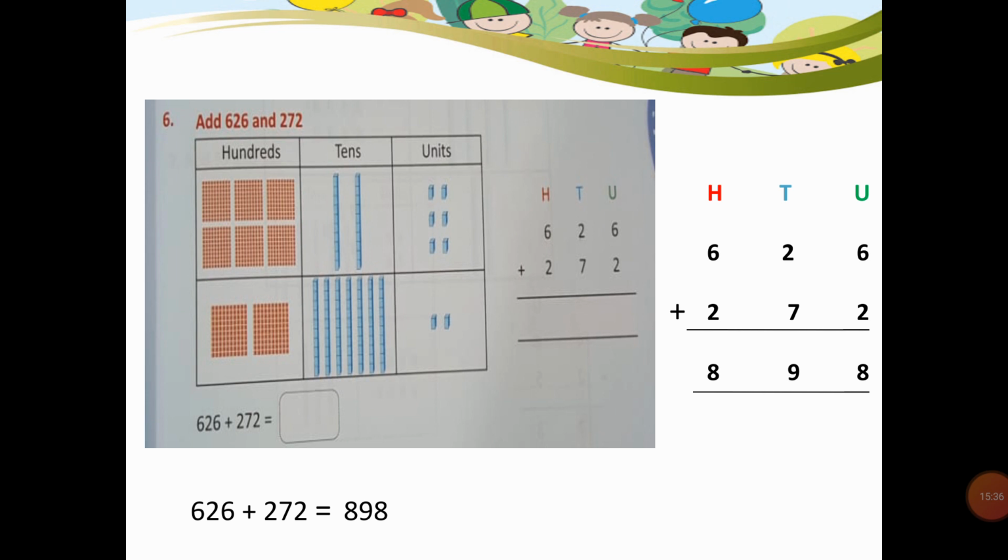So students, what you all have to do is solve these 6 questions in your book. These are given on your book pages 33, 34 and 35. You have to solve these 6 questions by taking help from this video, as it is already explained here. I hope you have understood today's lesson very well, and I hope you will practice this at home and complete this written task, questions 1 to 6, in your math book.